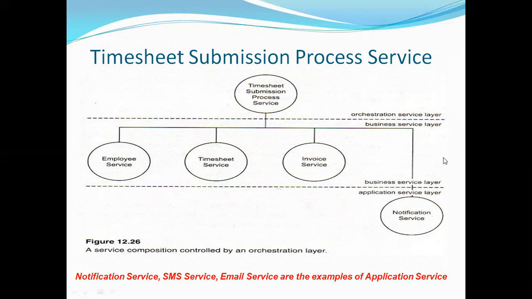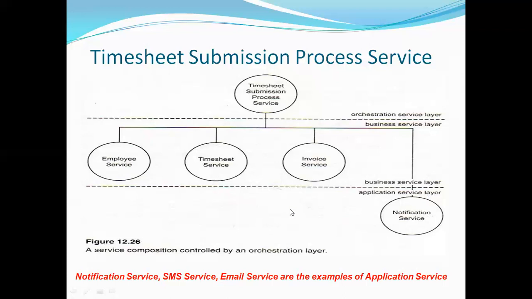So it's a type of business service layer, but notification processes are the lower level. This lower level of process is called the application service layer, notification service. Sending the notification, sending the SMS, sending the email to the end user is a part of application service layer. And today I am covering this application service layer.